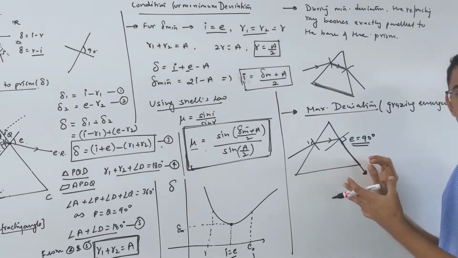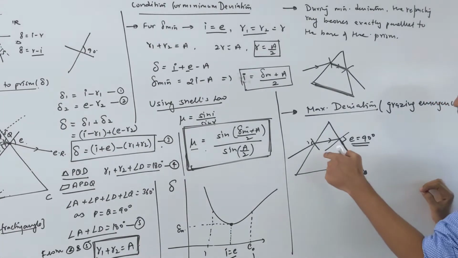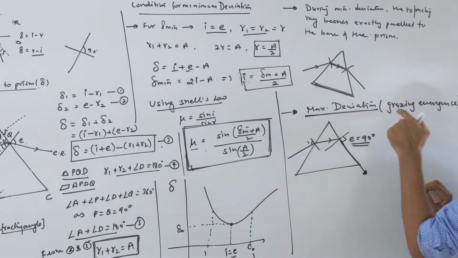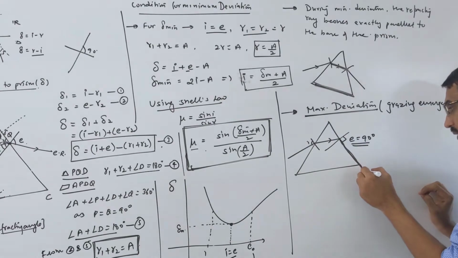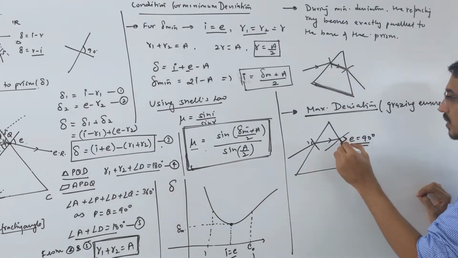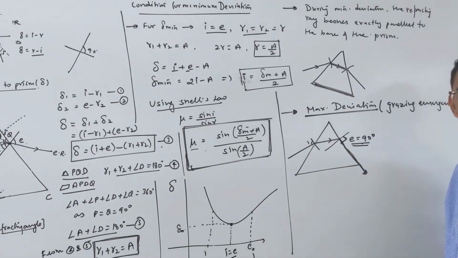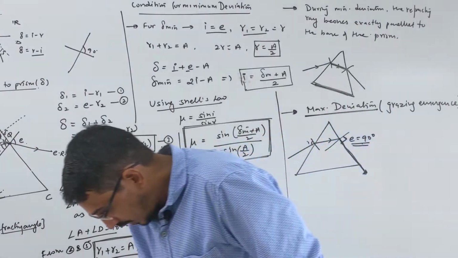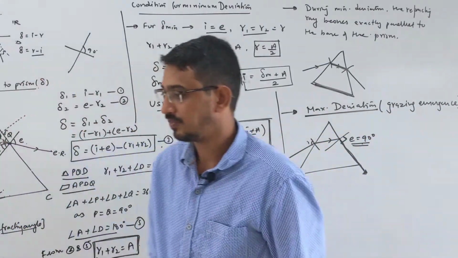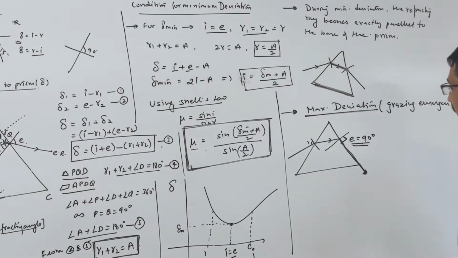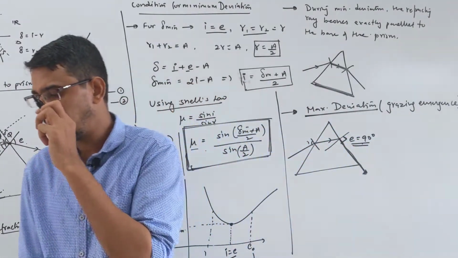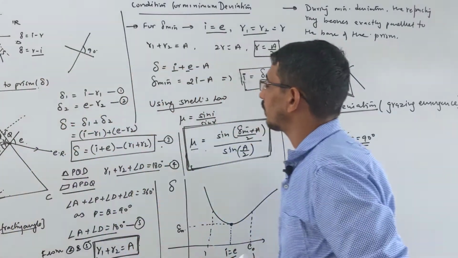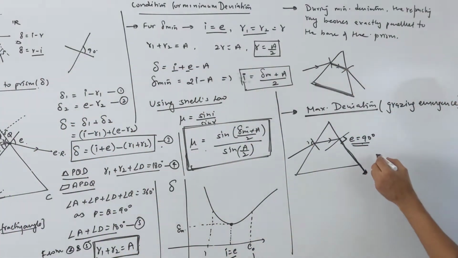Still I will write a formula here if you can remember. So look here, when the maximum deviation happens, also called grazing emergence, your emergent ray is parallel toward this surface. So angle of emergence is 90 degree, correct? Yes, 90 degree. So in this case we get maximum deviation. If you want the value of maximum deviation, I can tell you. Actually a small derivation, we don't need it, okay. So I'm writing this value here.